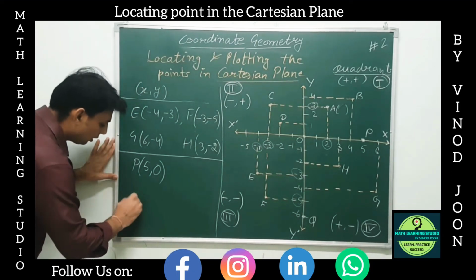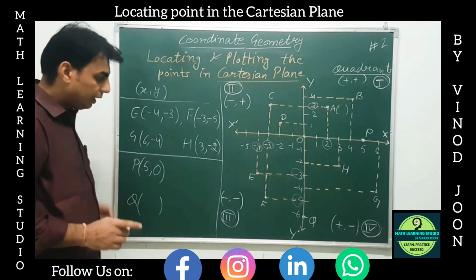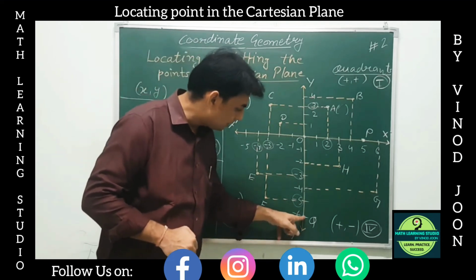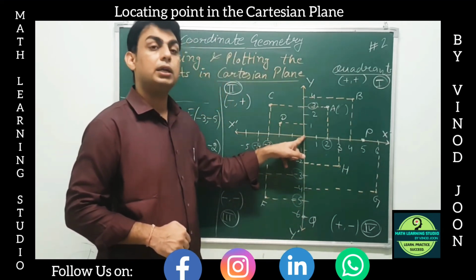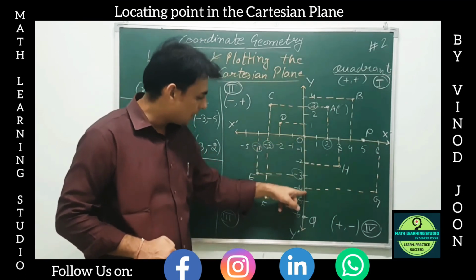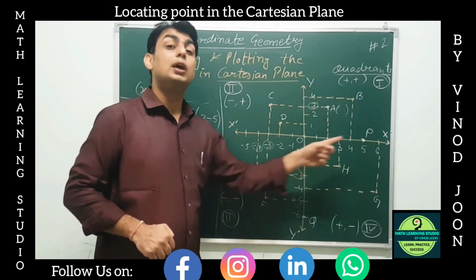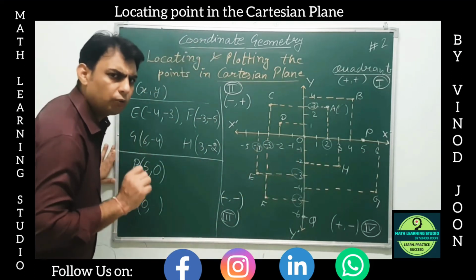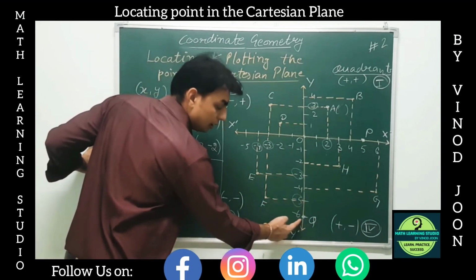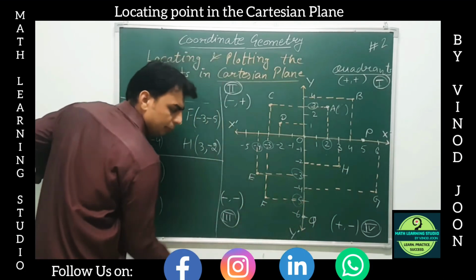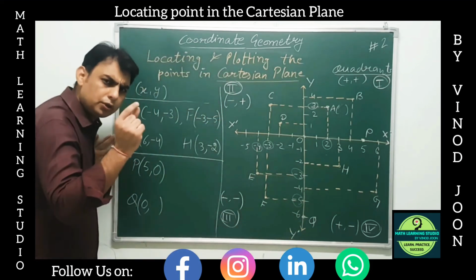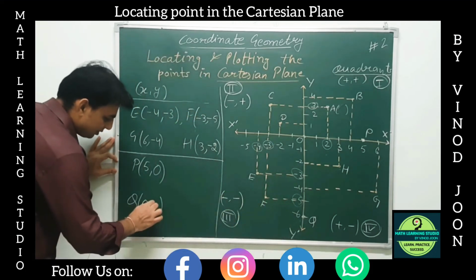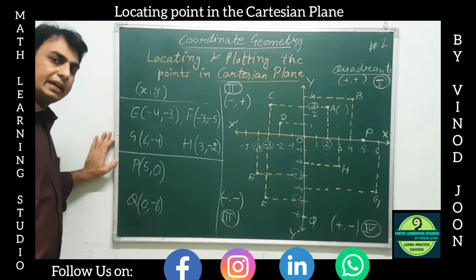Okay, now what about the coordinates of the point Q? Well, again we see two perpendicular lines going to the axes. First, we can see this line going perpendicular, it comes again to 0. But अब की बारी किस पे आ रही है? It is coming from the y to the x-axis. So value of x becomes 0. What about value of y? Oh, sorry, this value of y will be minus 6 only, because the perpendicular line is so short that it becomes a point only, and that point shows the value as minus 6. So this becomes 0, minus 6.